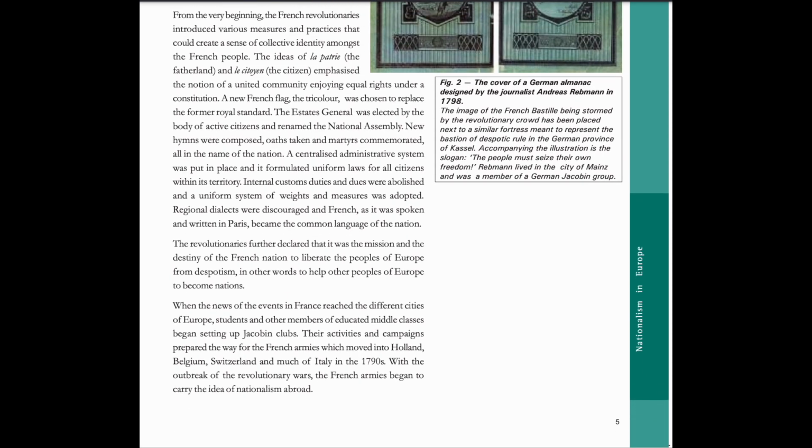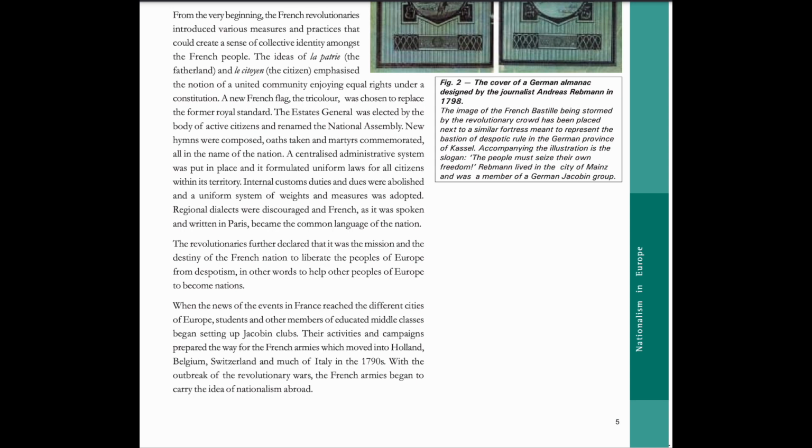When the news of the events in France reached the different cities of Europe, students and other members of educated middle classes began setting up Jacobin clubs. Their activities and campaigns prepared the way for the French armies, which moved into Holland, Belgium, Switzerland, and much of Italy in the 1790s. With the outbreak of the Revolutionary Wars, the French armies began to carry the idea of